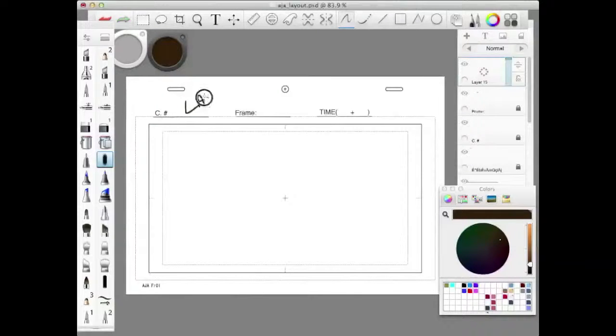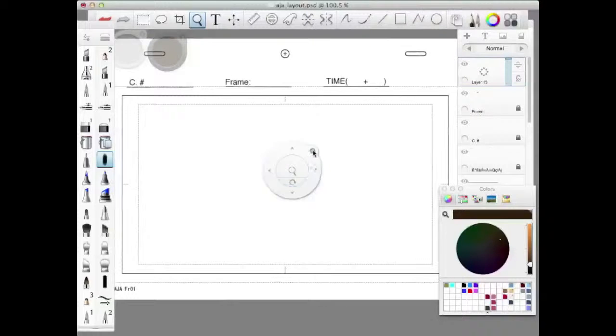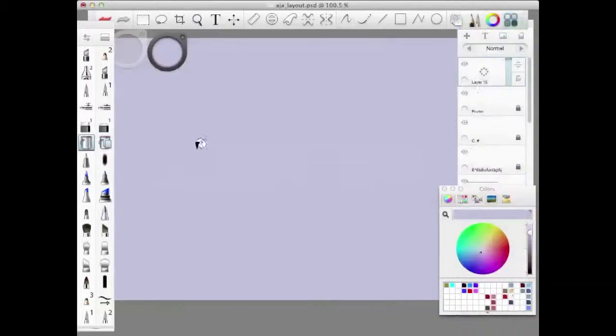So this is a layout template, and the reason I'm using this is because, I don't know, it looks neat. It gives me a frame already, so when you're drawing, you should always give yourself a frame, not necessarily just for having frame for frame's sake, but it beats just having a pure white background or gray background, and you're just looking at this blank